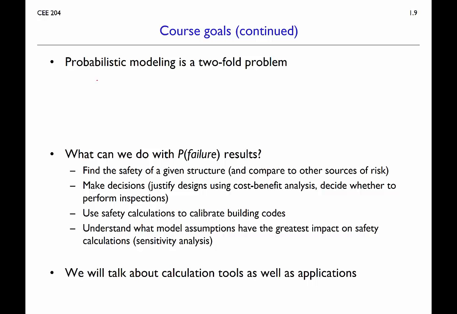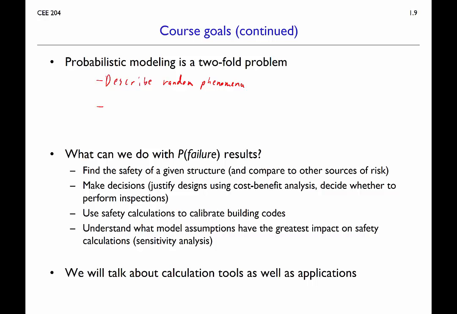One aspect is we have to describe random phenomena. That means basically specifying probability distributions for random variables. That's a topic that we spent some time on in CEE 203. We're going to spend very little time in this course dealing with this. We're not going to work very heavily from empirical data trying to build these models for random phenomena. Generally, we're going to take them as specified here and think about how to utilize them to solve the problems we're interested in,